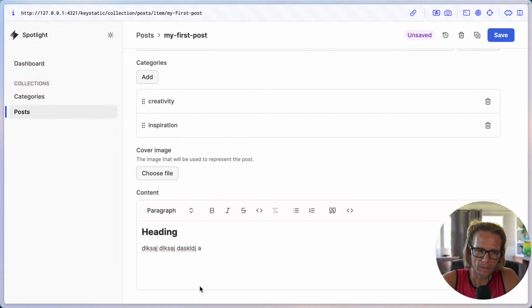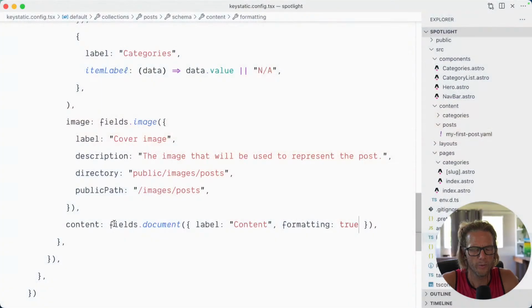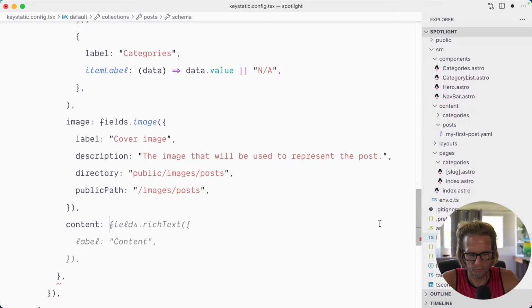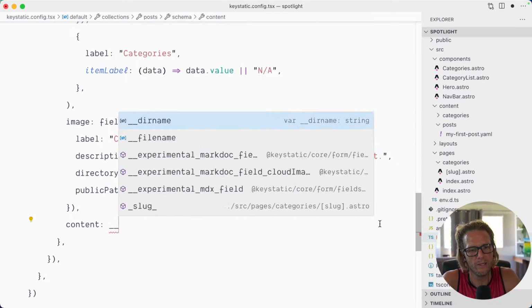But this is not going away, but there is a new and more powerful content editor, which is experimental, which works both with MarkDoc and MDX and has composable content blocks that I want to play with. So instead of using that, this is perfectly fine, but we're going to use the new one instead. So content, I'm going to reach for the experimental bleeding edge stuff, underscore, underscore. And you can see there's a MarkDoc and an MDX field. I'll use MarkDoc here,